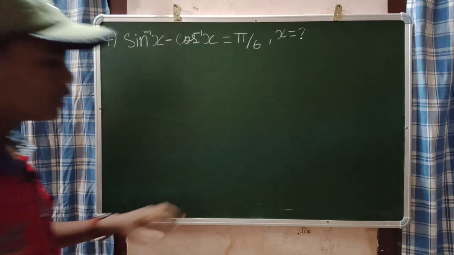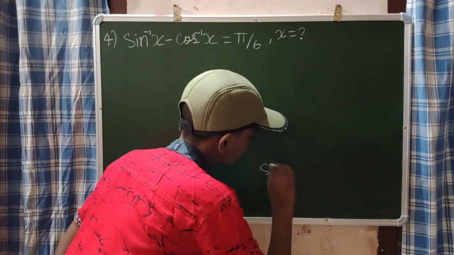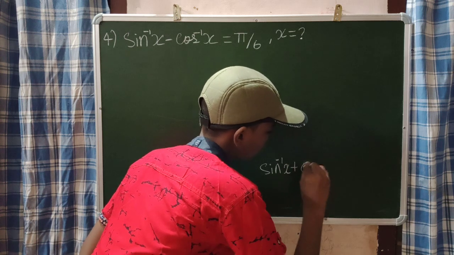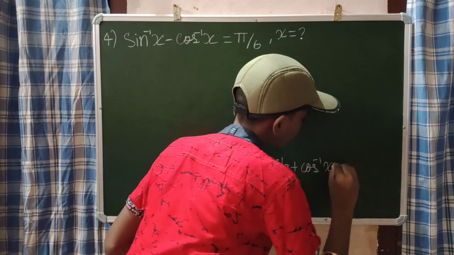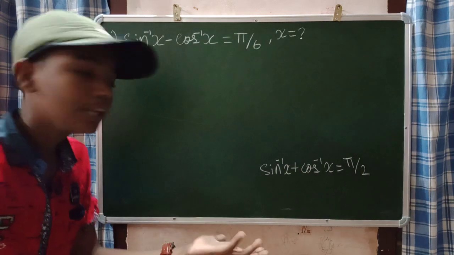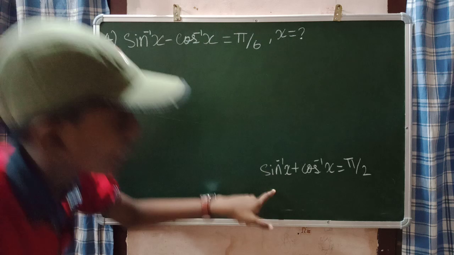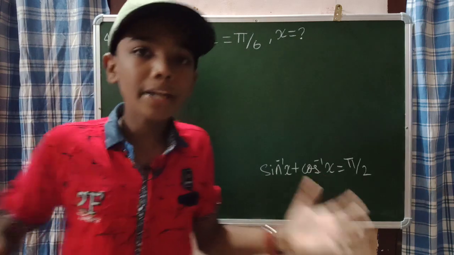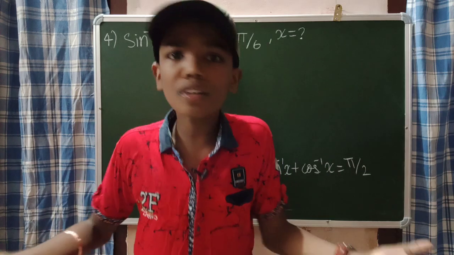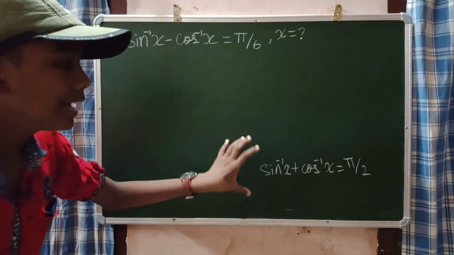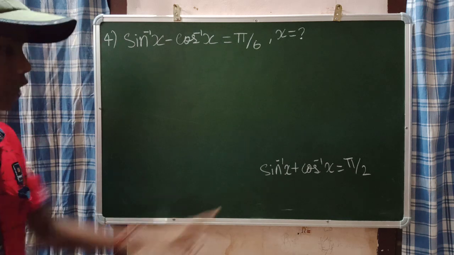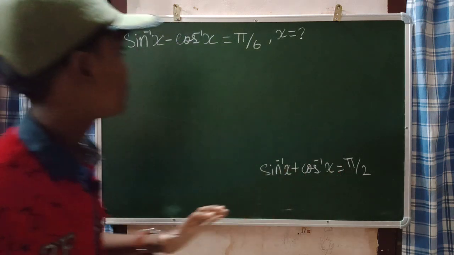You know, right guys, sin inverse of x plus cos inverse of x will be equal to pi by 2. That is one of the important formulas which you can expect in your term 1 exam. Same as tan inverse of x plus cot inverse of x will also be pi by 2. These are some of the formulas which you guys know. So I am going to take this formula into our account. So sin inverse of x plus cos inverse of x will give us pi by 2.